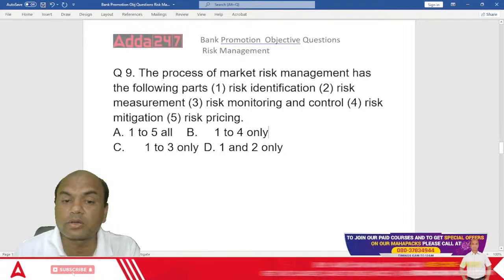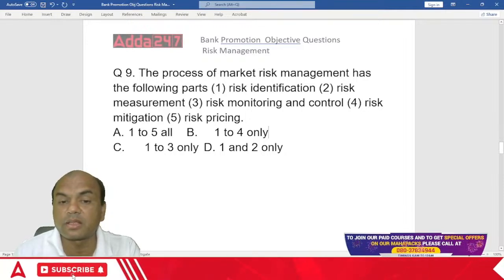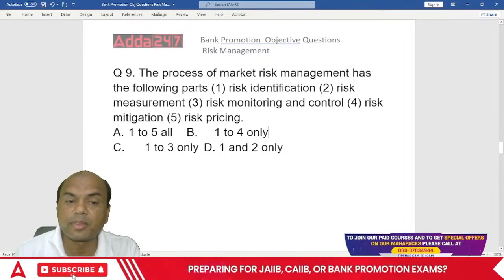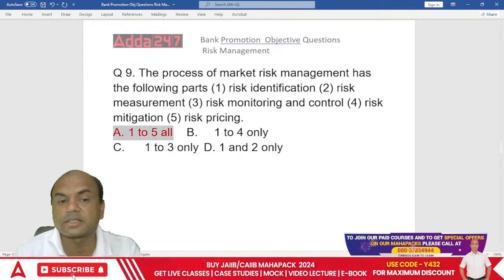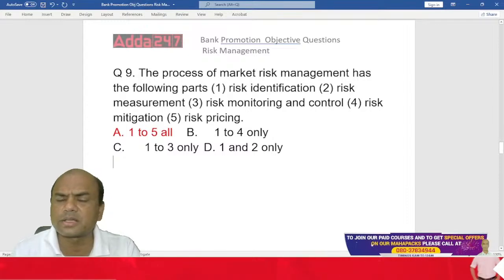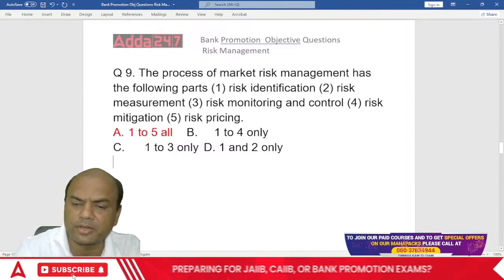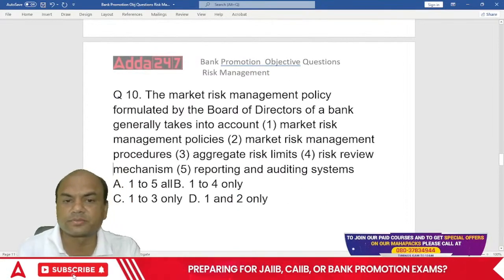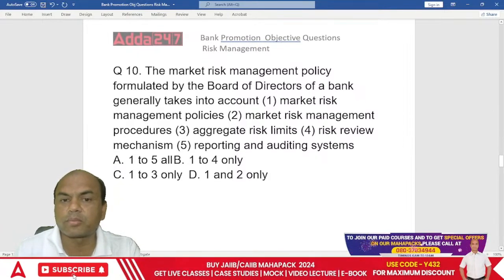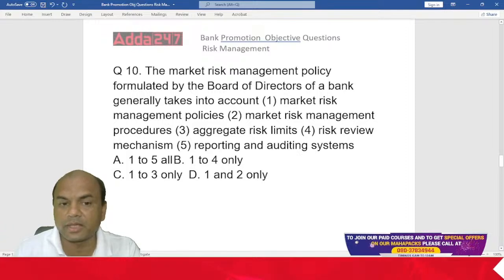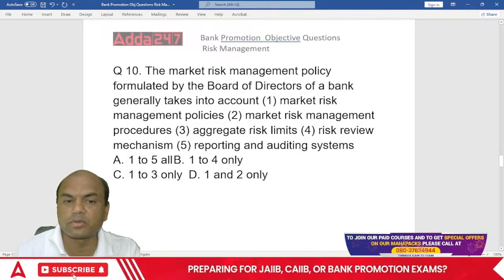The options are 1 to 5 all, 1 to 4, 1 to 3, and 1 and 2 only. So it is A, correct. 1 to 5 all, that is the answer. All of them are the parts of risk management. Okay. Next one. The market risk management policy formulated by the board of directors of a bank generally takes into account: